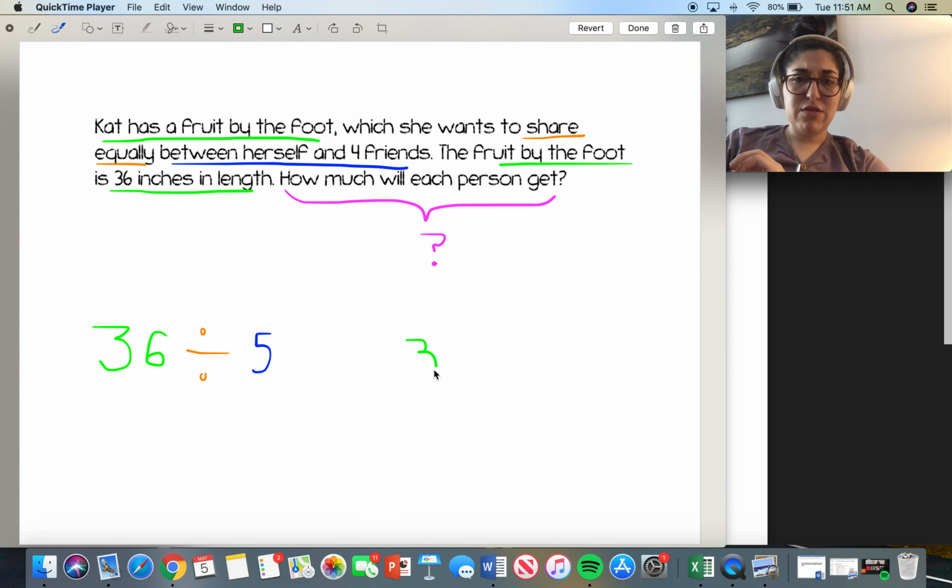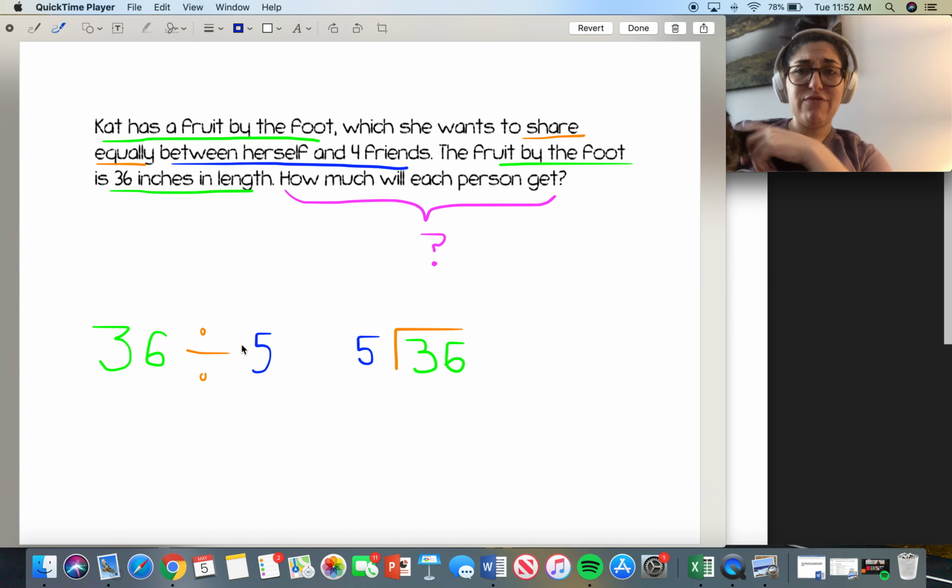So the standard algorithm is going to say 36 divided by 5. And you'll notice that it looks the opposite, right? This number that was here on the left is now on the right. The reason being is because we're actually figuring out how many groups can I make out of this. This is our total, and we're trying to figure out how many groups of 5 can I make out of it,